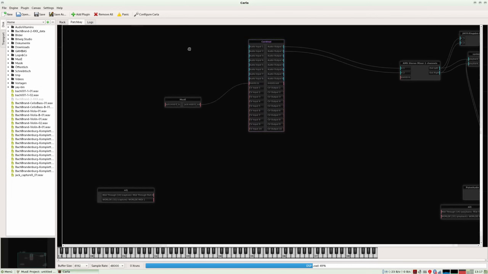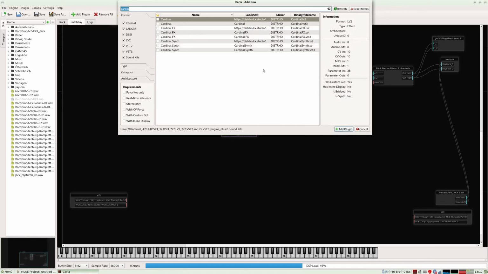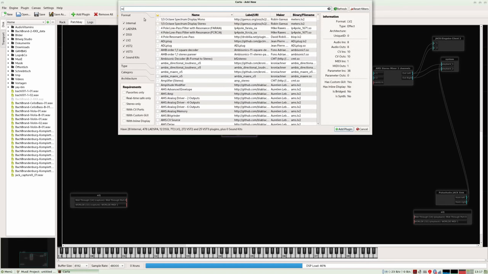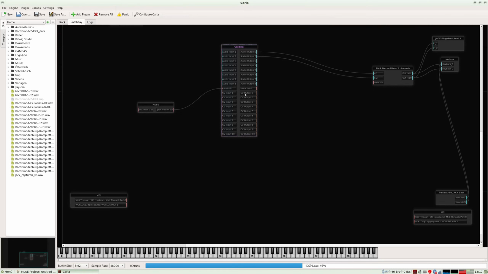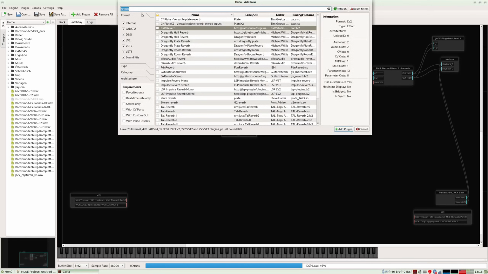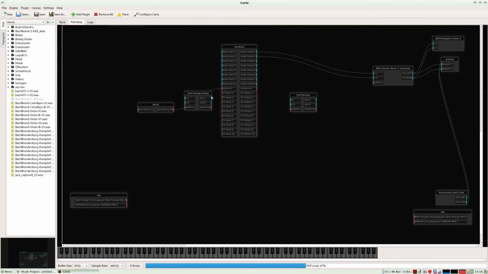And now I want to create some effects here. So Control A, type in there reverb. I like the Carve reverb. So I go here to Carve reverb, here it is, and I have another effect, Control E, it's a delay, and there I like the Carve vintage delay, and put it to this position.